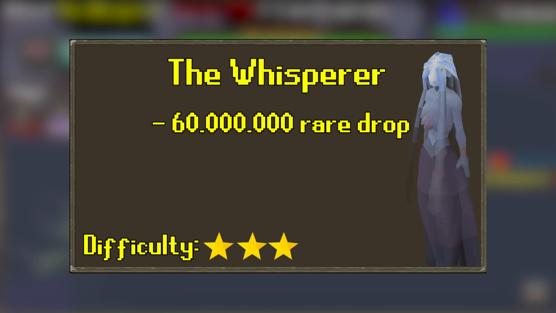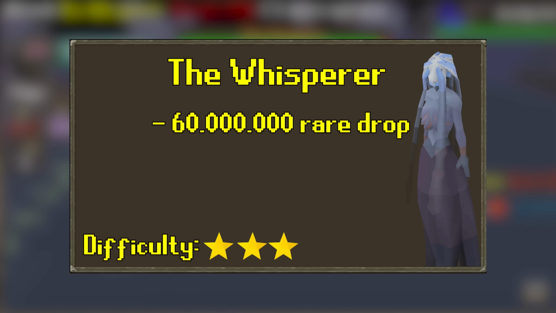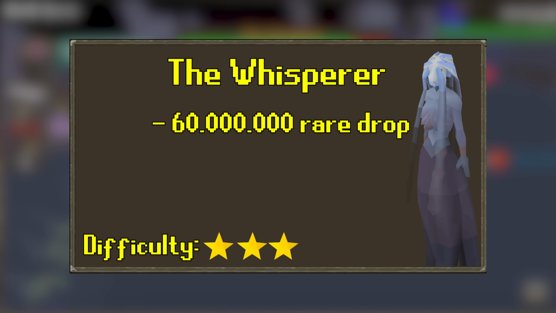Even a lot of the non-unique loot is worth a lot of GP, but the uniques you will be going for are pieces of the Virtus robes and the Bellator vestige. The vestiges will be untradeable at first, but can be made into their corresponding rings and sold on the Grand Exchange. The Bellator ring is worth around 60 million GP right now, so if you nail that, you'll be looking